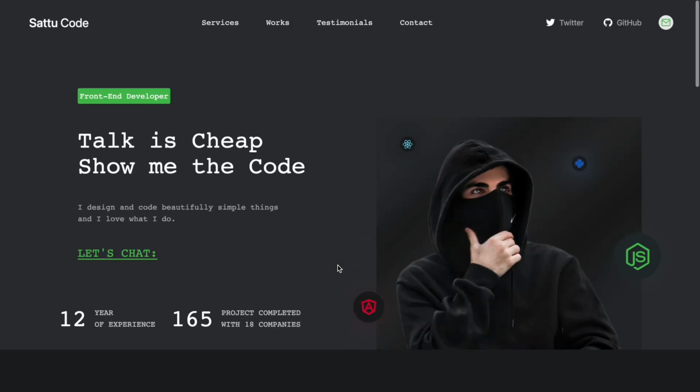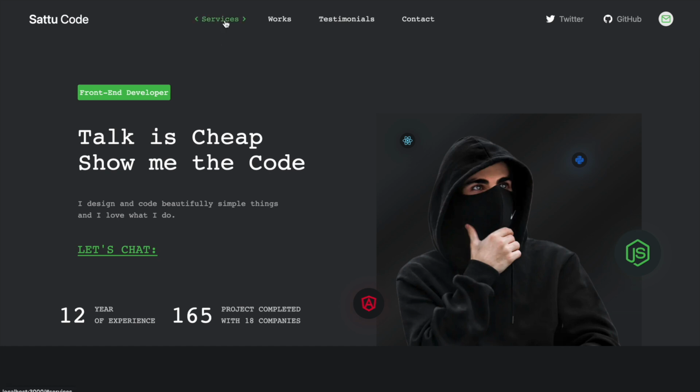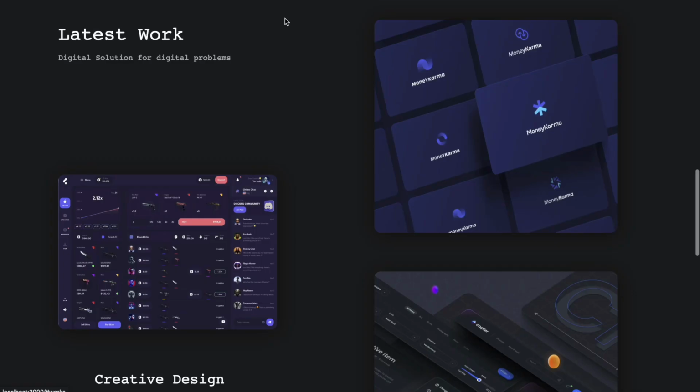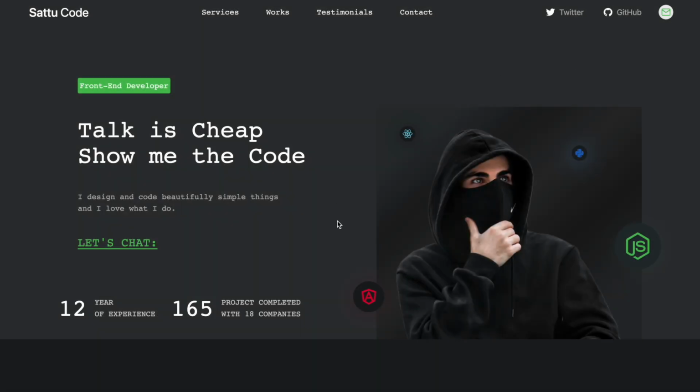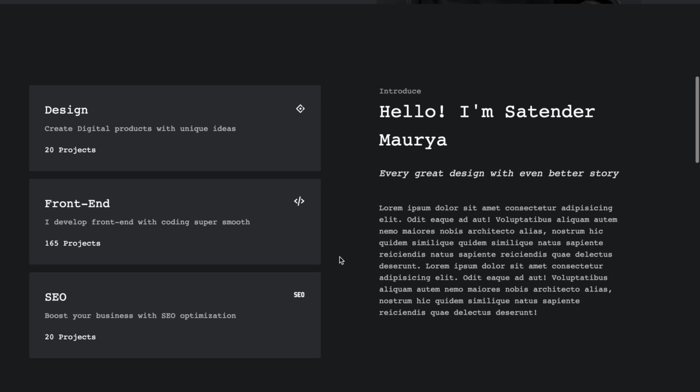So what we have here, in the first header section we have this cool looking animation with a fully responsive navbar, and whenever you click on any of these you'll be redirected to that section automatically. And also we first have our hero section, then we have a service section where we will showcase our services,